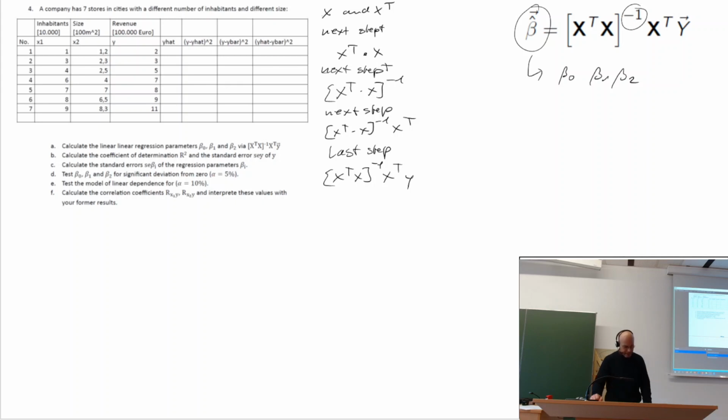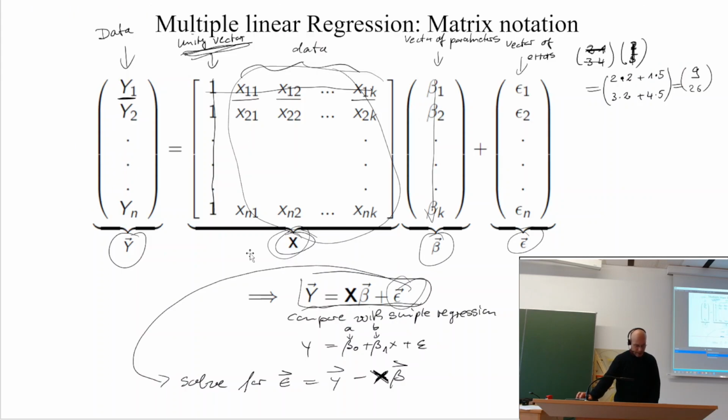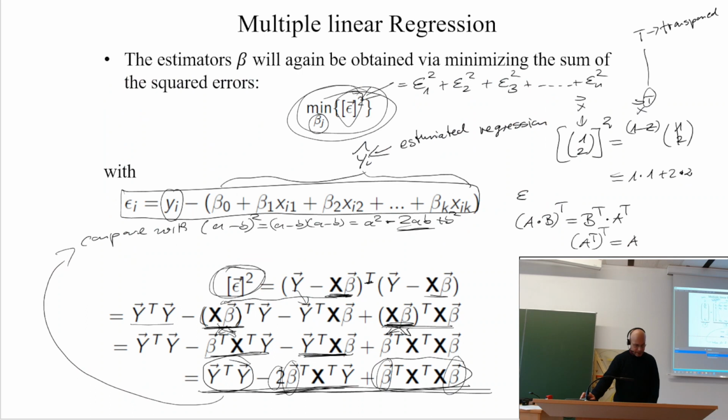Okay, what have we done yesterday? More or less, I would say we calculated linear regression by hand, not with a pen and paper, but so that we really go through all the calculations in order to get our estimators, which we need. So this beta value we need, and